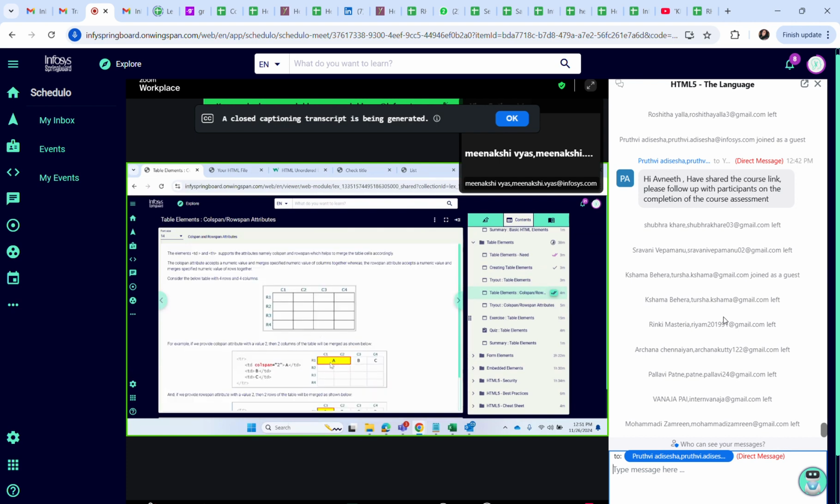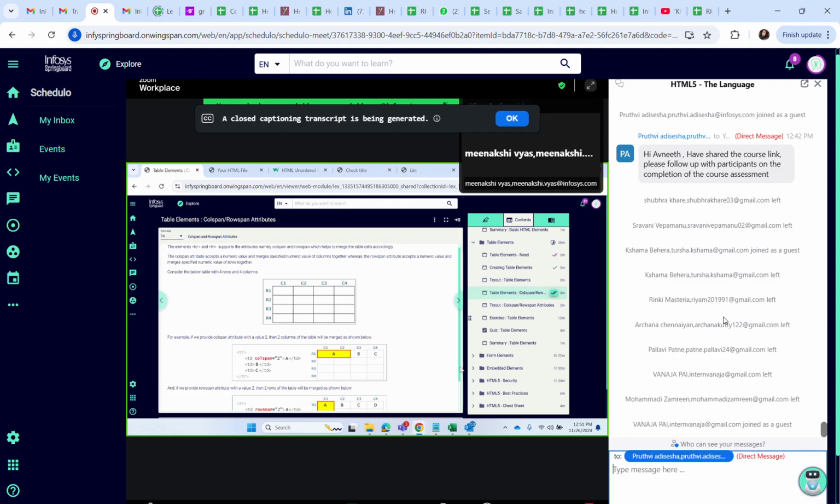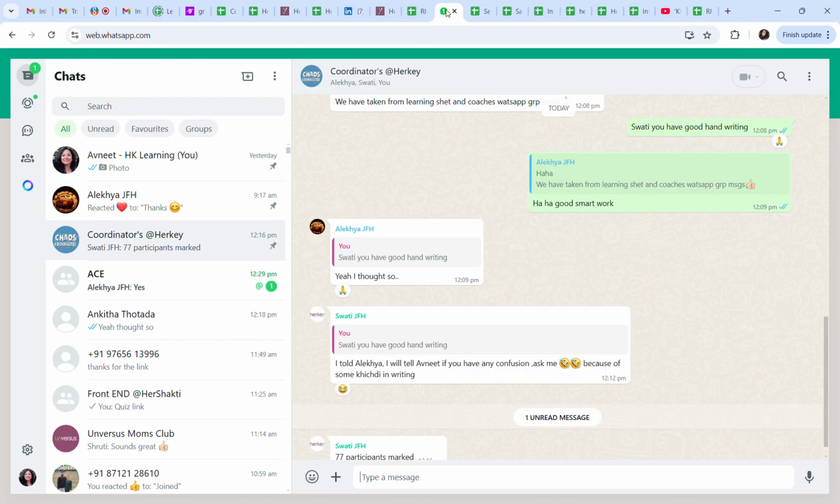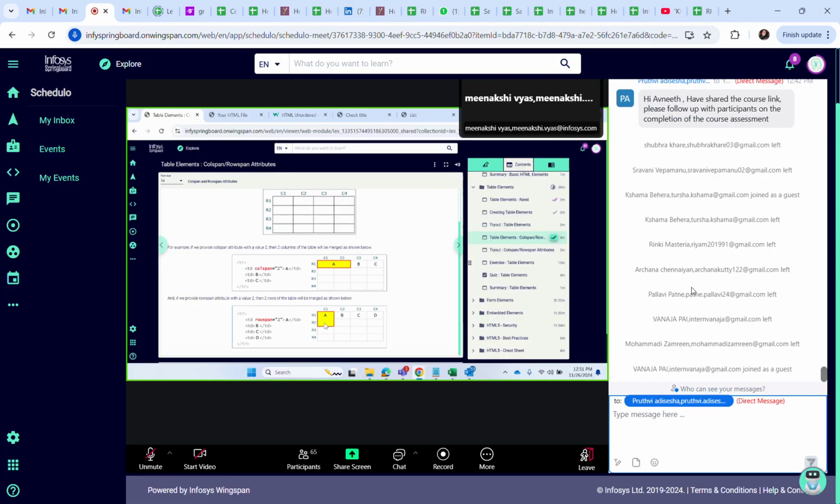Now, can you see this A is expanded to 2 columns? And if you look here, this A is expanded to 2 rows. So sometimes we have to create tables which span over the column or the row.